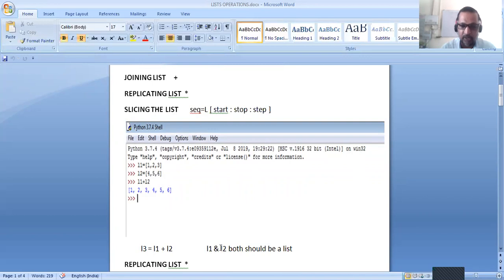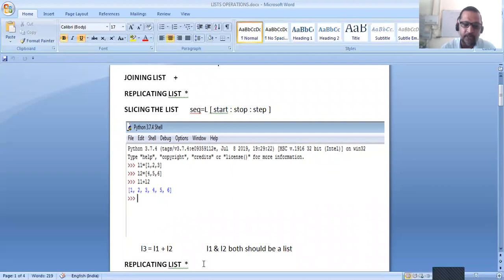But we must be sure that L1 and L2 both should be lists. It means we can only create a new list by the joining operation of lists.